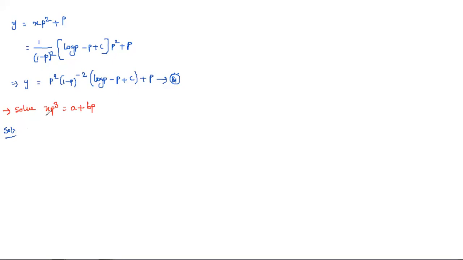The only difference is first you need to keep x on the left hand side and all the remaining terms on the right hand side. And we need to apply differentiation with respect to y. If it is y, we differentiate with respect to x, no. So for that, the given differential equation is what they mention here: xp cube is equal to a plus bp.